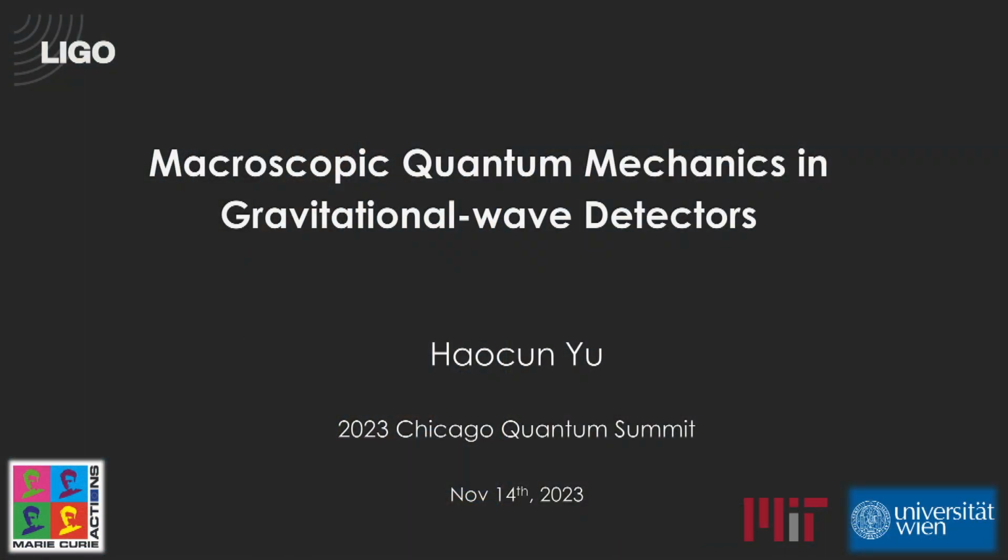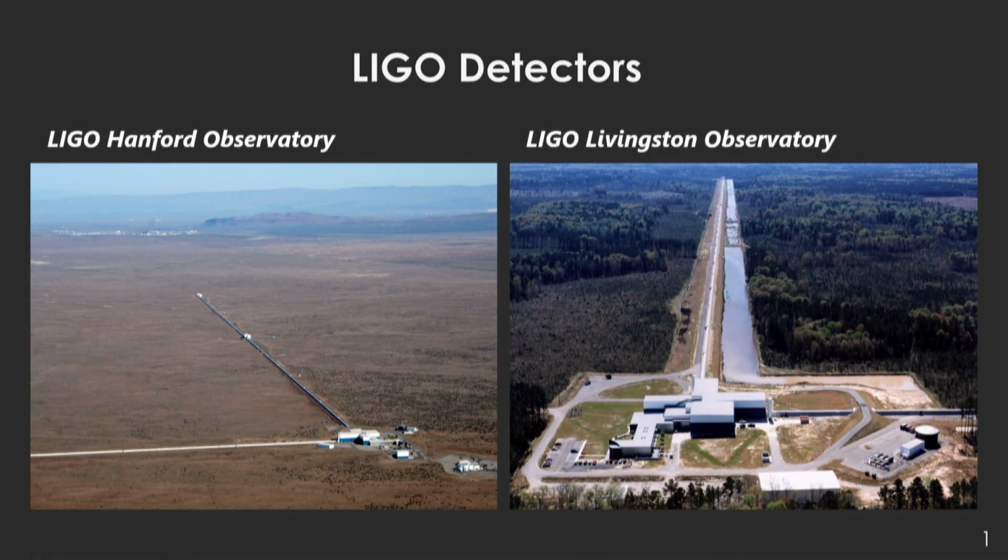So here is a background slide about the LIGO detector, and we know that gravitational waves have already been a booming field, so much that even the 2017 Nobel Prize was given to this. Gravitational waves are actually the ripples of space and time themselves. They usually come from sources of two very large masses in the universe, such as black holes or neutron stars. And when the gravitational waves propagate to the Earth, the whole space-time, including the whole Earth,